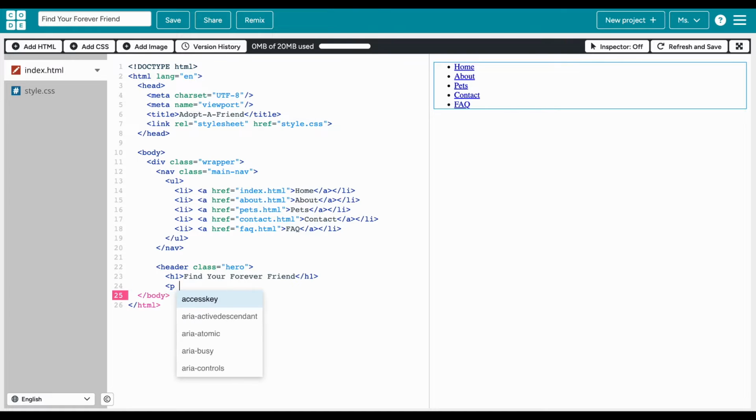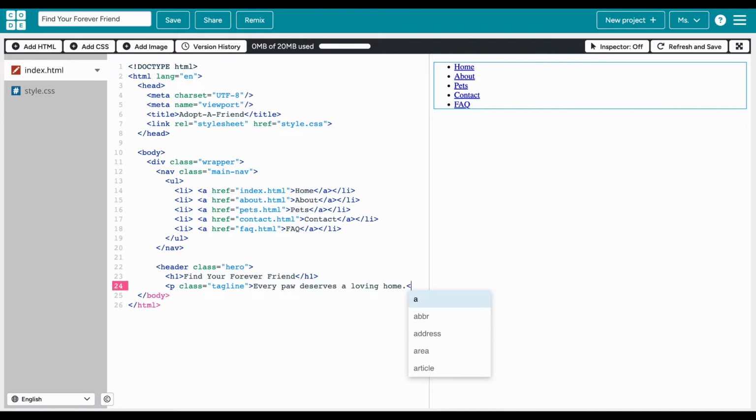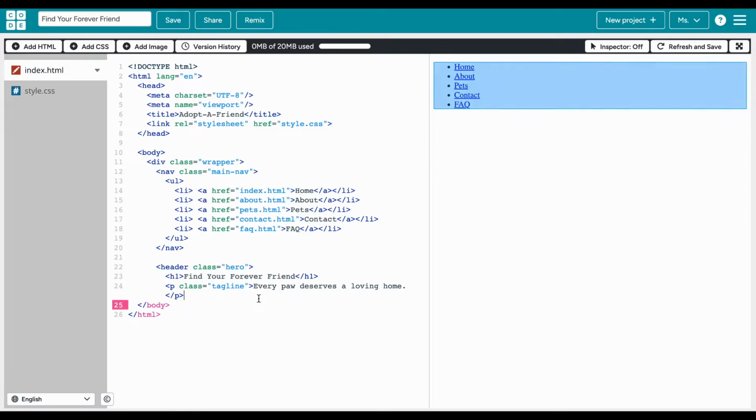Now I'll give it a tagline, so p class equals tagline, and then our tagline will be Every paw deserves a loving home, and then let's end our p tag. Okay, so now let's end our header,